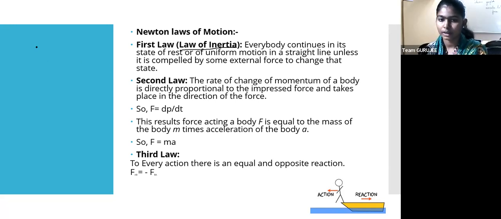Just take a note of this. Inertial nature of a body, or inertia of a body, is nothing but the body tending to stay at its state itself, be it rest or uniform motion, either of those, it will stay in the same state. Inertia is something of the body. So the nature of the state of the body is called inertia, right? So this is what your first law is.